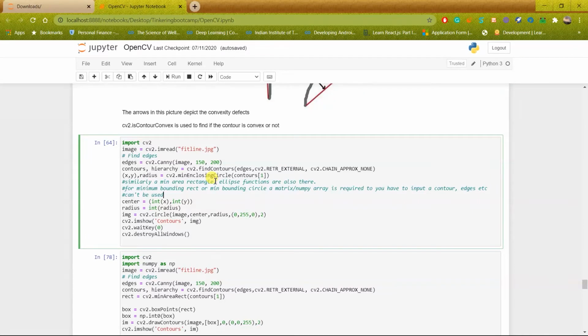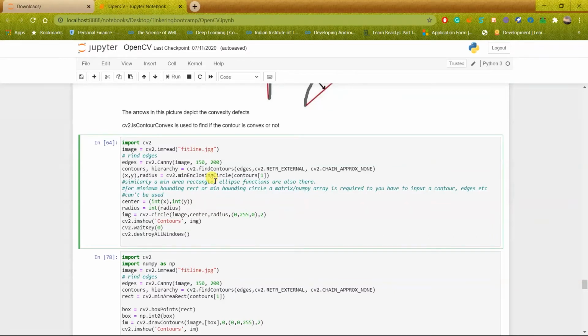So for the input we require an array or a matrix. So we have to pass a contour or an edge, an output of the canny edge function as the input to use this minimum enclosing circle.